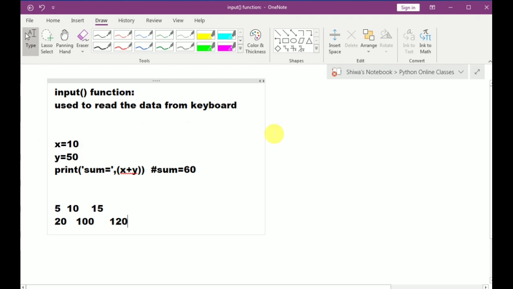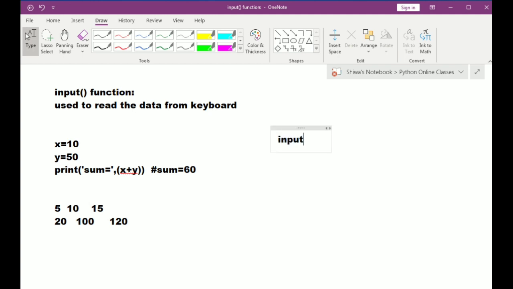See here. Now I want to read the x value from the keyboard. To read the x value from the keyboard, I am using one function, the input function. For the user's understanding, I am asking the user to enter the x value. So the output screen prints enter x and waits to read the x value, because we are calling the input function.